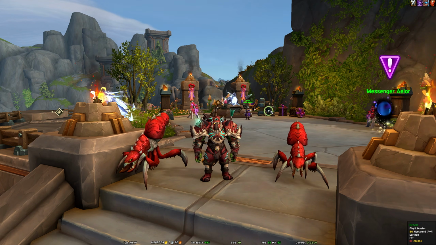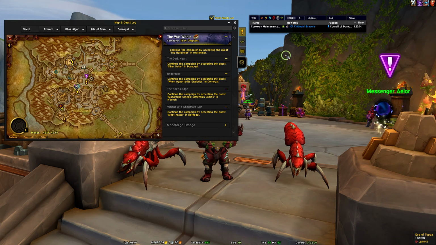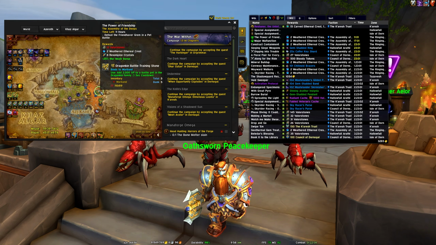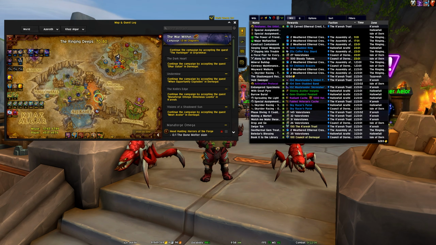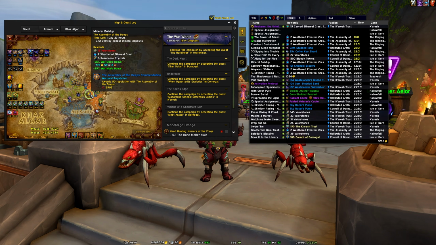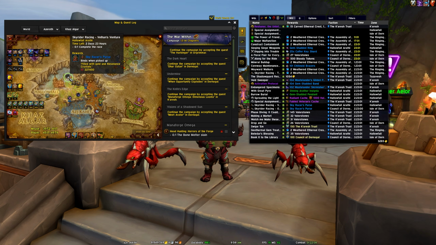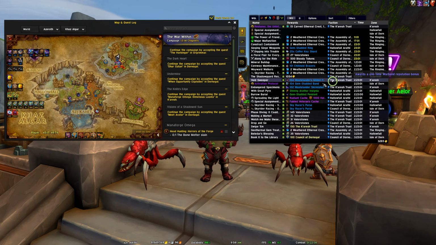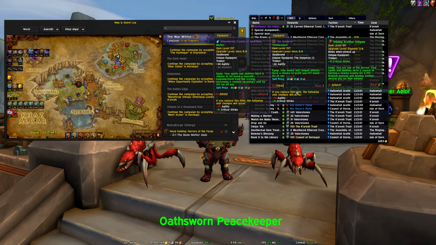World Quest Tracker, World Quests List. You probably just saw them a moment ago whenever I opened up my map. So this right here just puts icons, or better icons, whatever you want to phrase it, on your map. That way you can see, hey, this is specifically a gold world quest. This is specifically a Skyrider racing world quest, and so on and so forth. And then the tracker on the right side here lets you see time, the faction, the zone, the reward, the name, etc., etc. And again, you can tune this to relay information in whatever way you want.